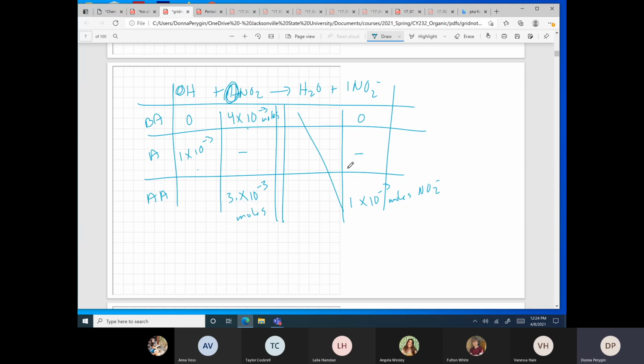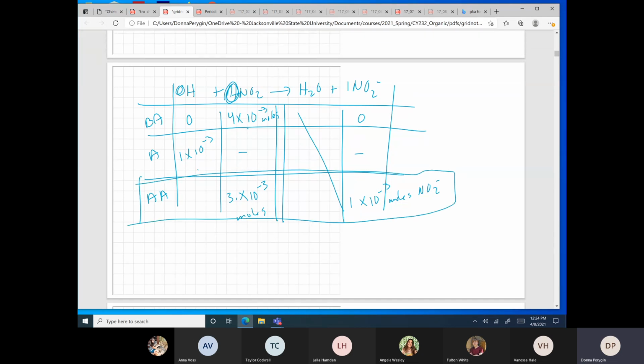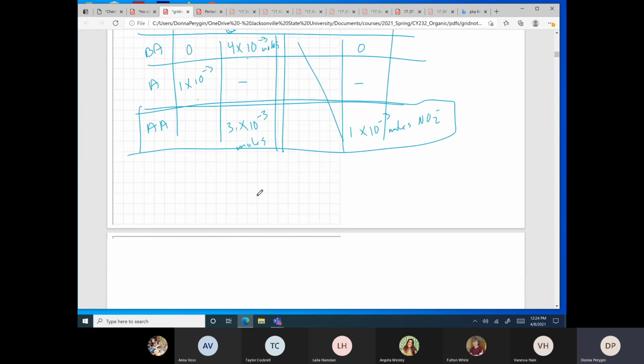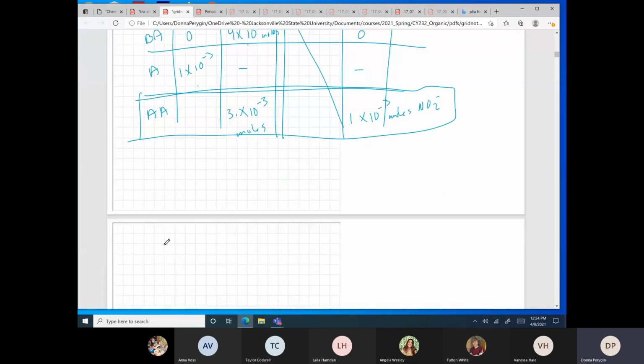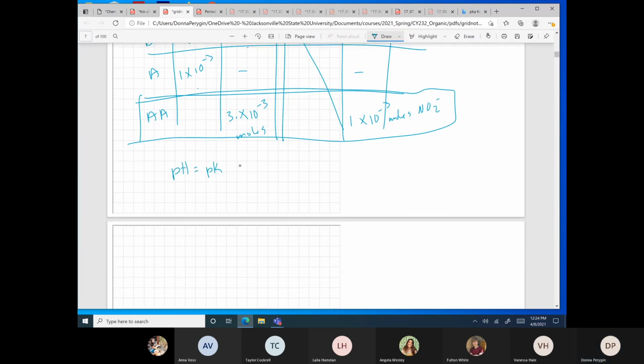Okay, so now, after the addition, before this thing starts equilibrating, we've got that. So now we can solve for the pH. We wanted the pH after the addition of 5 milliliters. So pH is equal to the pKa plus the log